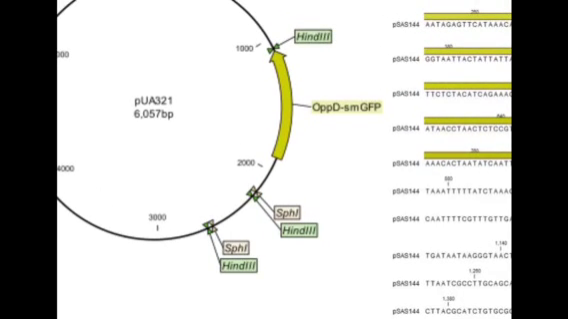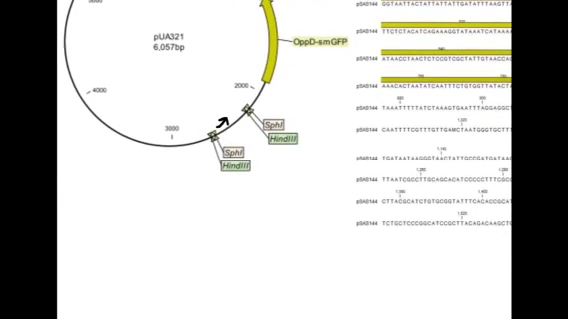this plasmid pUA321 that has the reporter gene construct that we want to introduce into SAS144, and we can do PCR from a sequence right about here and a sequence right in here and amplify that fragment. So that would look something like this,